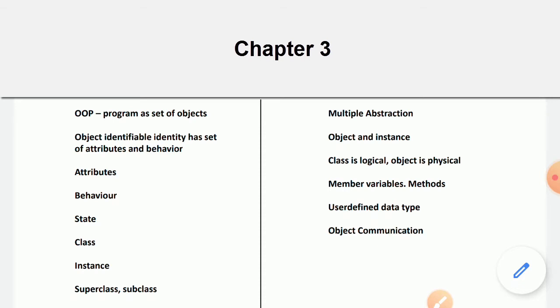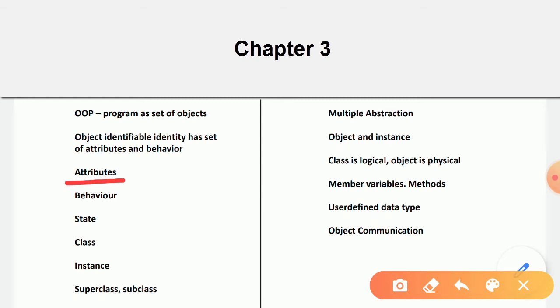Now attributes are the features that an object can possess. For example, again, if we take the dog example, what are the attributes related to a dog? Color, breed, weight, name, all these different elements or features represent the attributes.